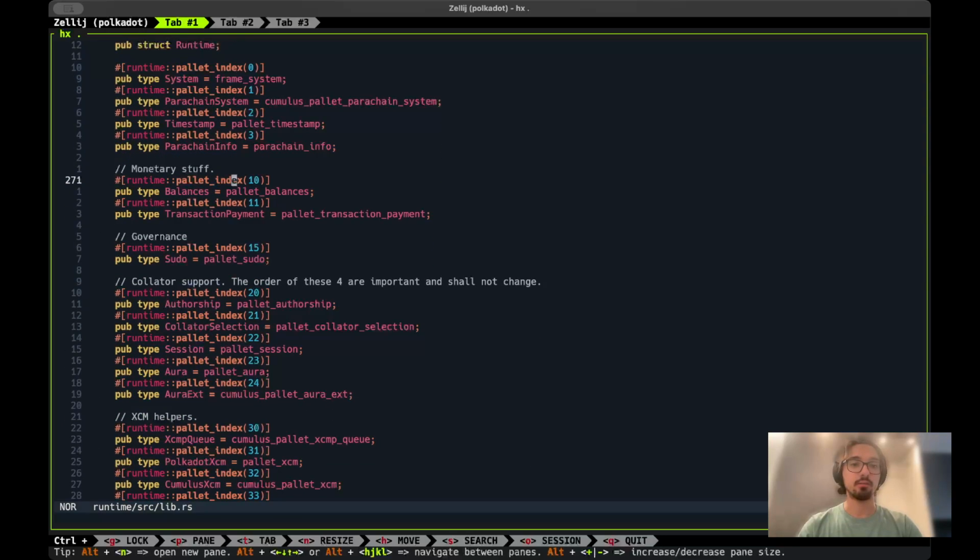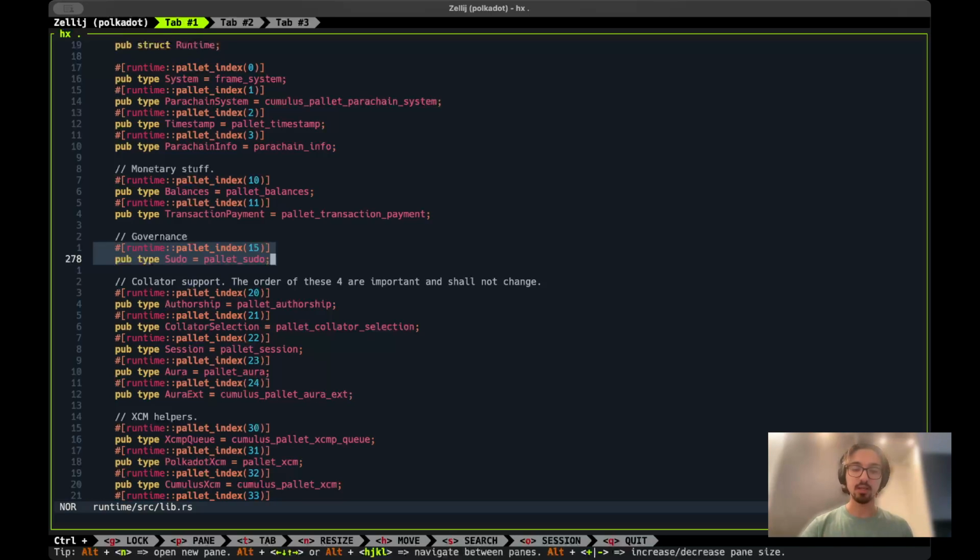For example, we have a balances pallet that defines the native token of the chain, which we can do transfers with, and we can lock it for different things. Then we have the sudo pallet, which allows one account to have root privileges over the chain. This is a very good idea for the start of a blockchain network, and then